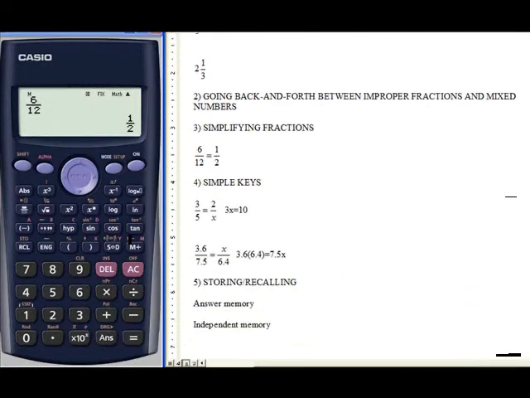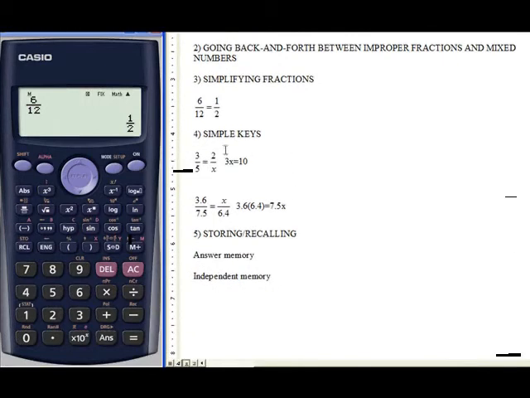For example, let's look at how we can solve a simple proportion. You will learn how to use the crisscross method, the cross multiplying method. So 3 times x equals 2 times 5. So 3x equals 10. And you can just say, okay, x equals 10 over 3. If you just want to divide 10 by 3, you just have to go divided by,